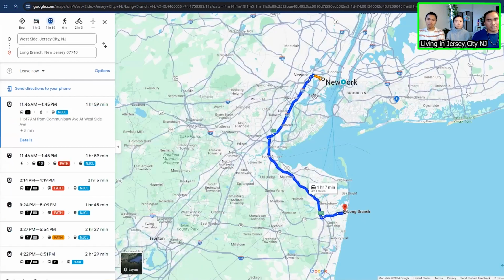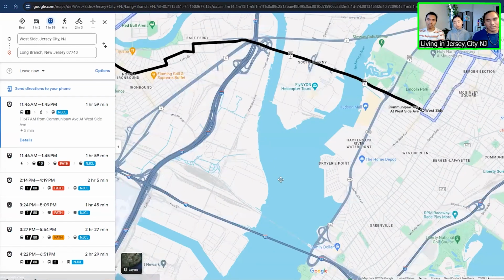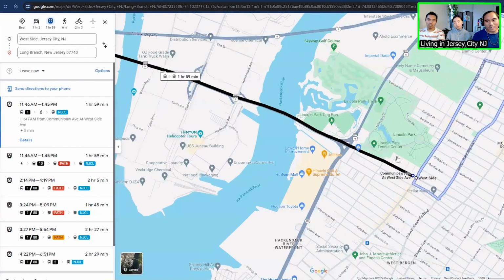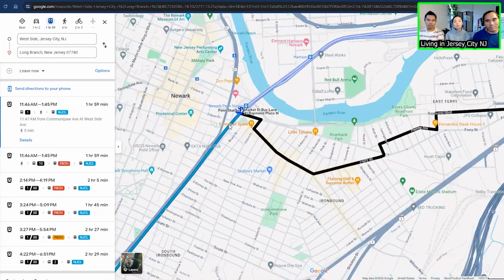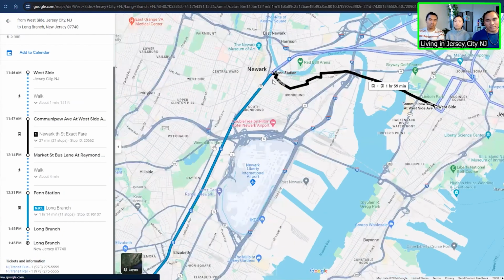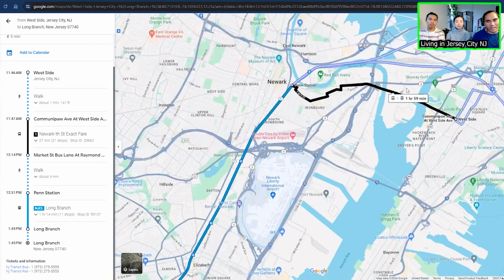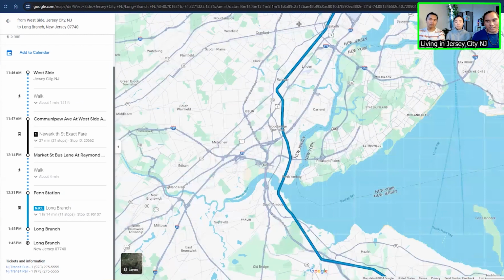And if you decide to commute from Westside to Long Branch Beach, you will see here that the same bus that goes to Newark International Airport is the same bus that takes you from Jersey City into Newark Penn Station, which is right here. And then from there, you get to Newark. And from Newark, you take the Amtrak bus. And then from there, you take the Amtrak train, which is about an hour 15,